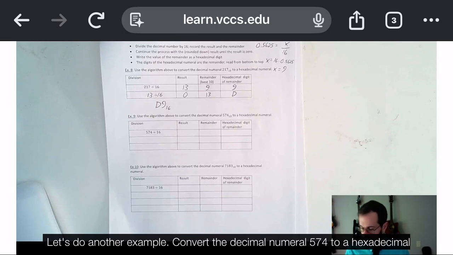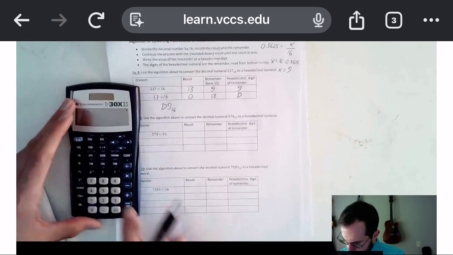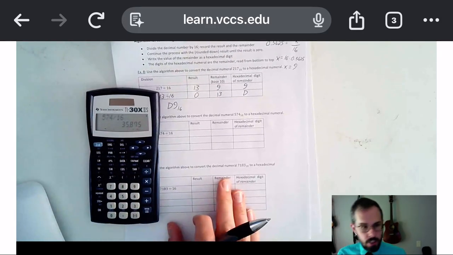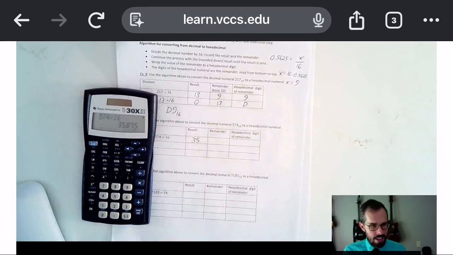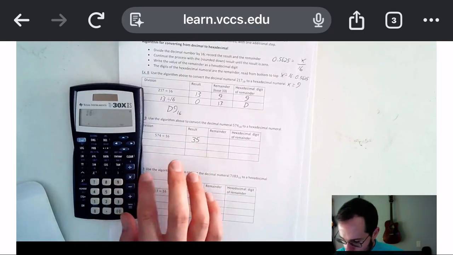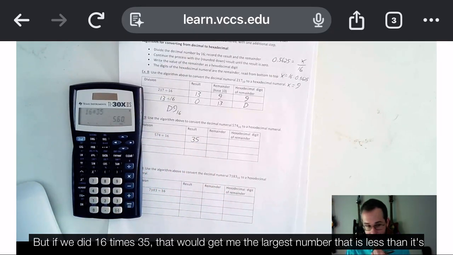Let's do another example. Convert the decimal numeral 574 to a hexadecimal numeral. All right, so if I do 574, first thing I want to do is divide that by 16. So when I do that, I'm going to get a result of 35 with that 0.875. So again, think about dividing by 16. I'm not making you do long division here, but if we did 16 times 35,